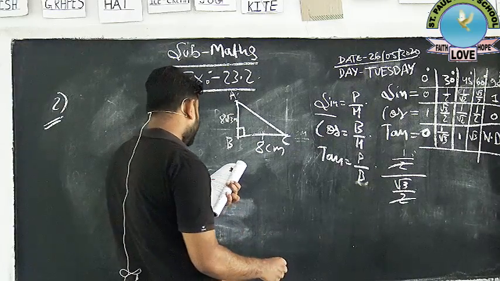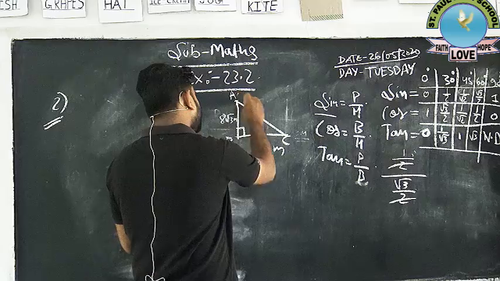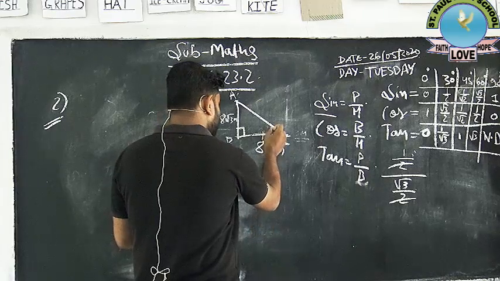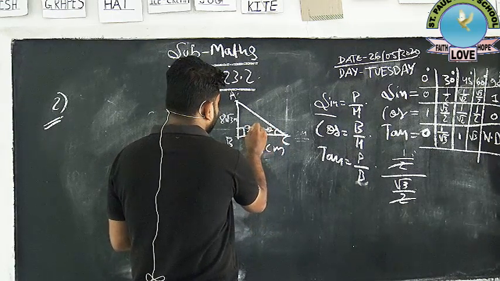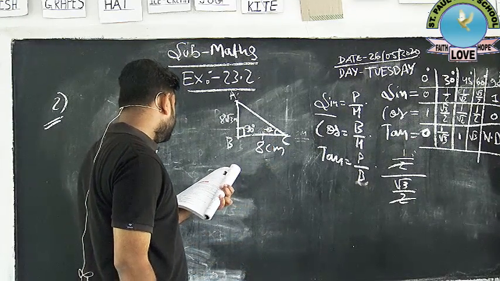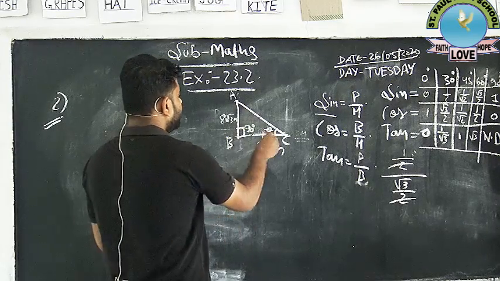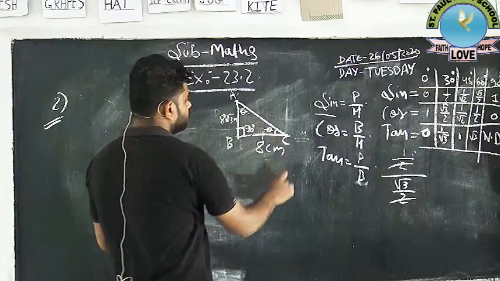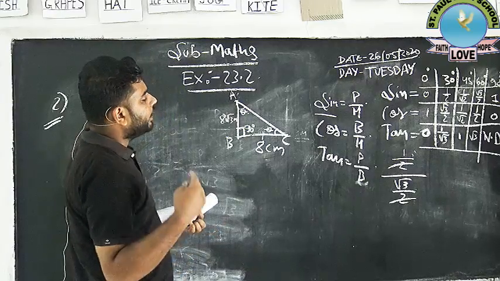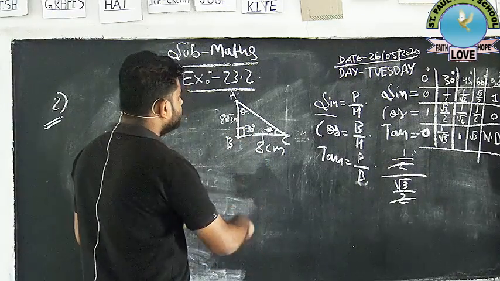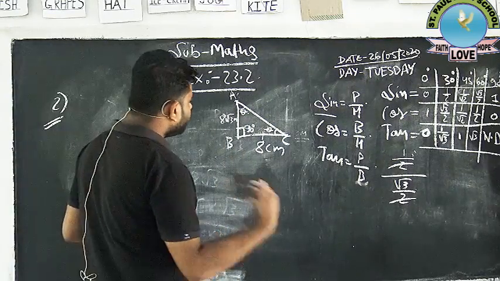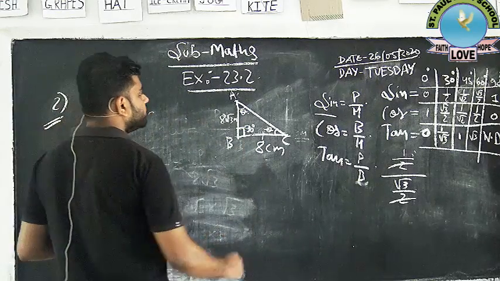So in the question what we have to find out? We have to find out the angle ACB, basically this angle, and after that this angle we have to find out. This is 90 degree already, we know, but we don't know this angle and the angle BAC, that is this angle. Angle C basically, and angle A we have to find out. We can say angle C also, angle BCA also, angle A also, or angle BAC also. Both sound the same.